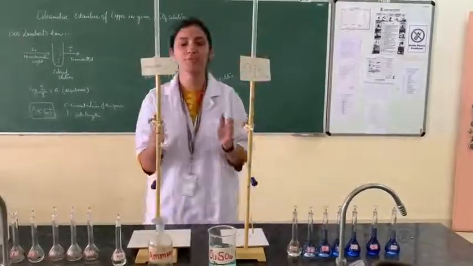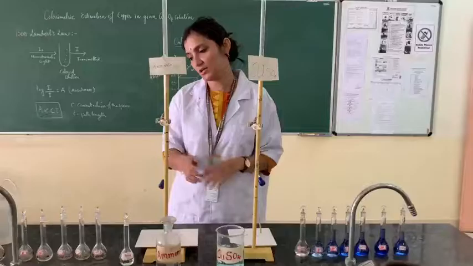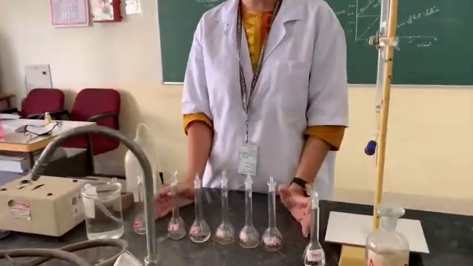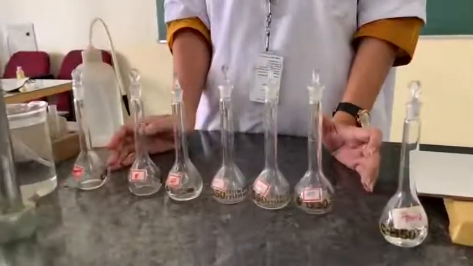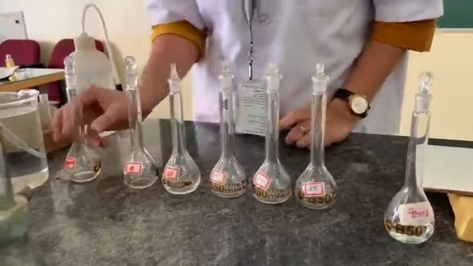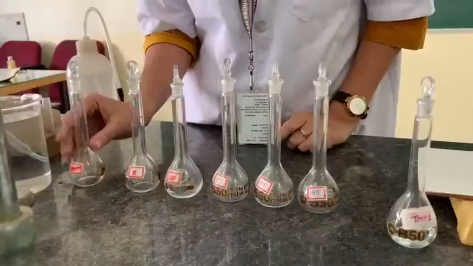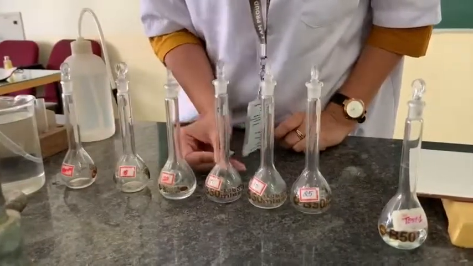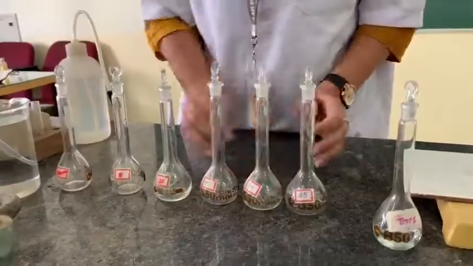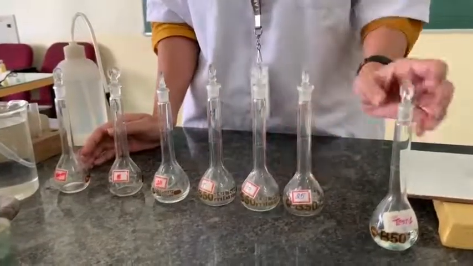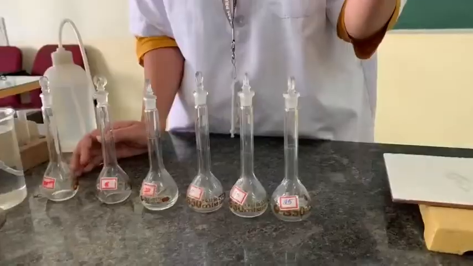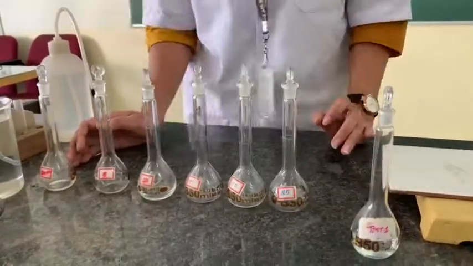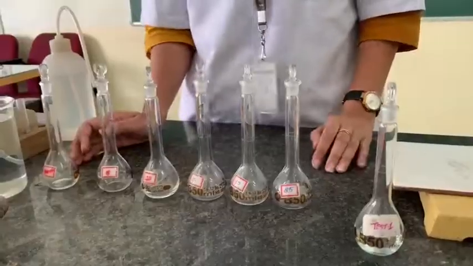After filling your burettes till the 0 mark with the respective solutions, on the other side you have 7 volumetric flasks of 50 ml each. You can find the labeling on them: one labeled as blank, 5, 10, 15, 20, 25. Along with these 6 volumetric flasks, you will be provided one more flask with the test solution. In this test solution, you will find the unknown volume of copper sulfate whose concentration you have to measure.